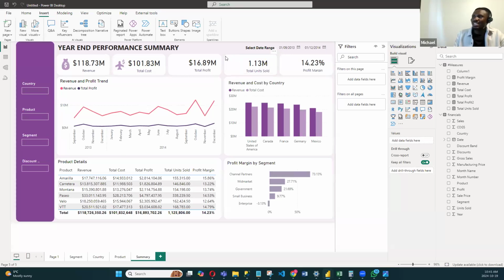If you don't see units, you can say sales, right? That can give you something like that. Then for profit margin, just look for a logo that makes sense with your design, right? Then for this one, profit trend, right? If you type in trend,